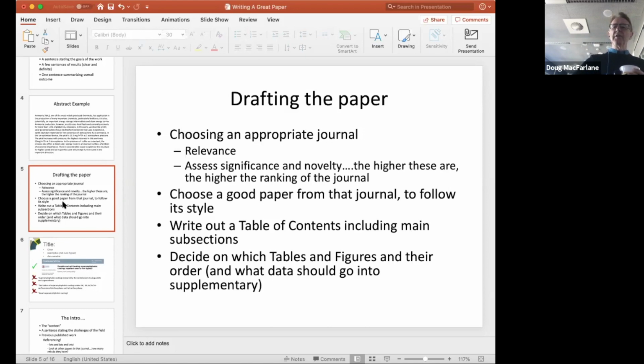So then you need to understand what materials are going to go into this paper. So, writing out a table of contents. Now, I mean deeper than introduction, experimental, results, and discussion. Introduction might have several sections to it in your mind, but most importantly, in the results section, it's important to have an idea of how you're going to present the key results. So in other words, next dot point there, which tables and figures are the key ones to have, and what's their order? Remember, we've got to have an idea of the key data that makes the argument or makes the story,